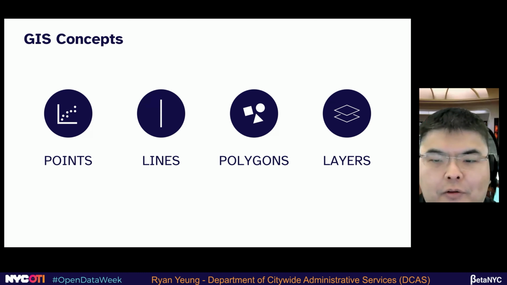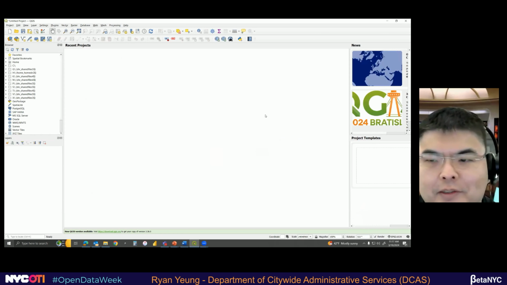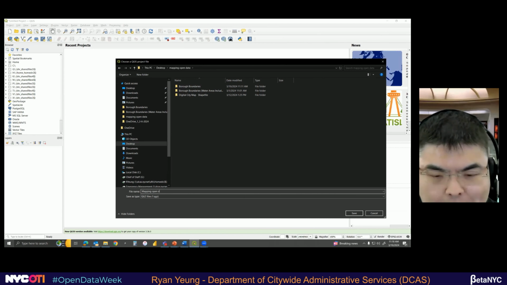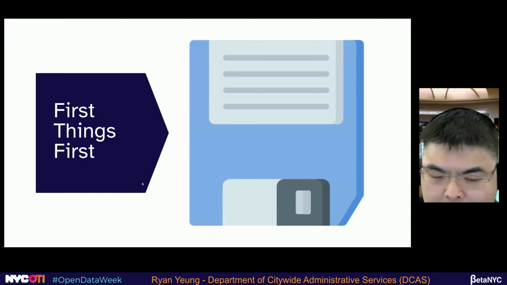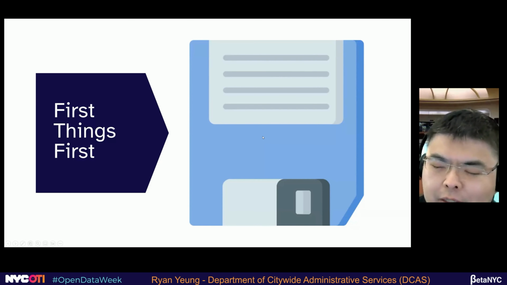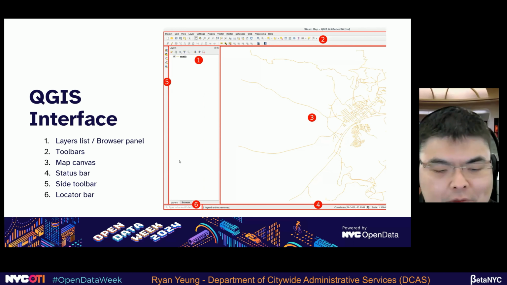Now that we've gone through that though, first things first, we want to save our project. If you open up QGIS, this is generally what it looks like. But if you hit the Save Project button, it's the one with the disk. I would recommend you saving immediately and frequently. So QGIS, you have to remember, is an open source product. It's not regularly maintained by a giant corporation with lots of resources. It's a little buggy and it uses some memory. So save often, save early and save often, I guess you could say.